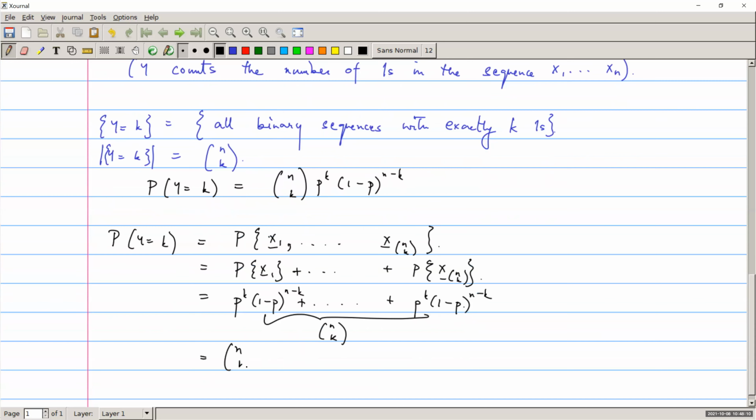And so that's why this probability is n choose k times p to the k times 1 minus p to the n minus k. Okay, so does this make sense? Yeah, that makes sense now. Okay, thank you. So in effect, one thing to note is that once we have written out these probabilities,